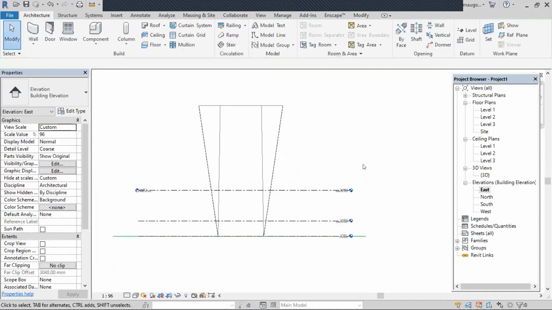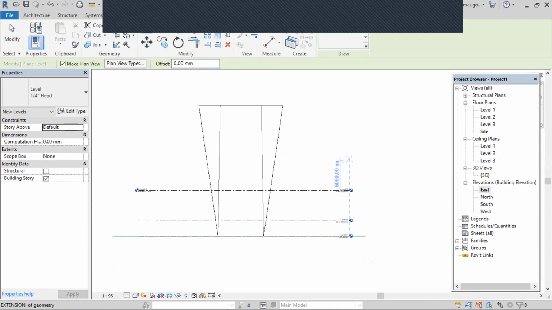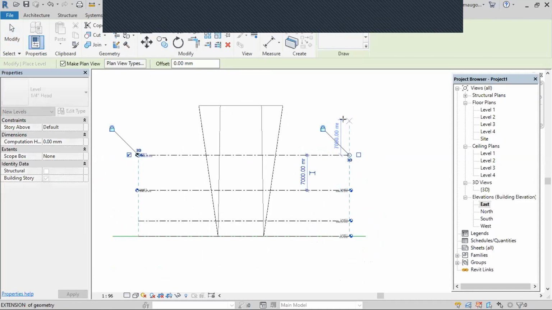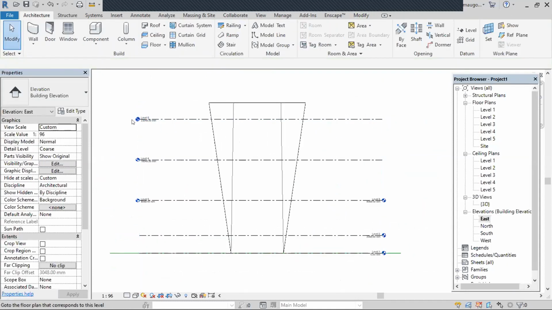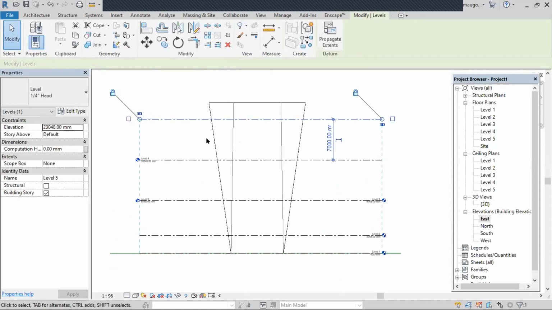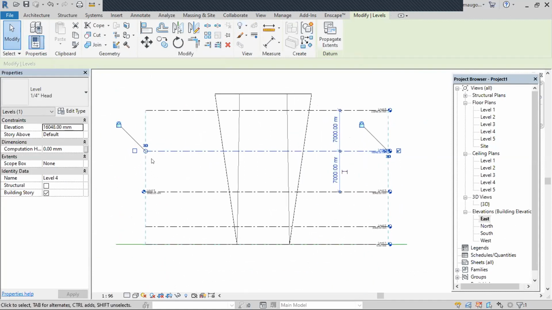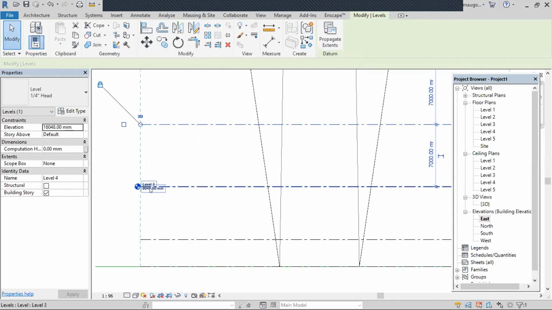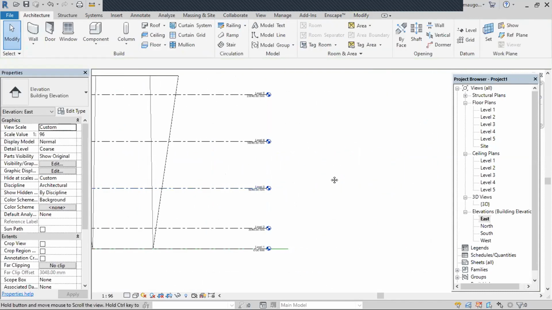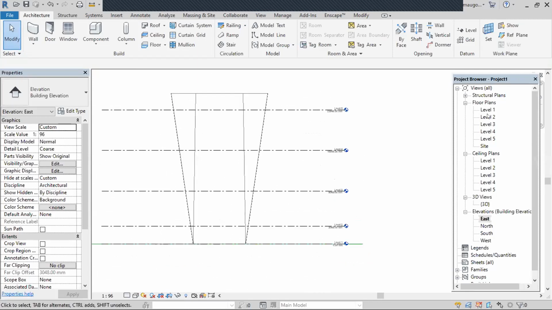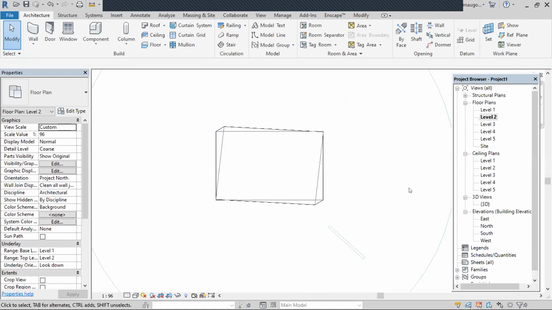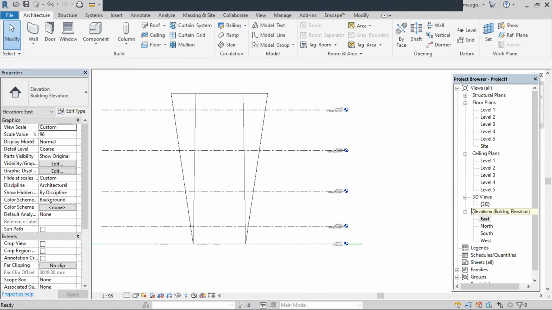Let me just draw manually. See, I'm changing the annotation of the levels to be on the right side because they usually start on the left side. Now once that is done, I have 5 levels. Now instead of going into all these levels, placing a floor in every level again and again, I can just come to this elevation, select all my levels,